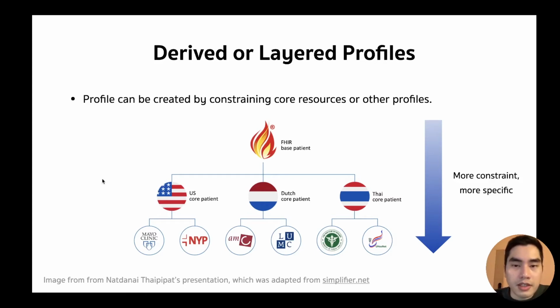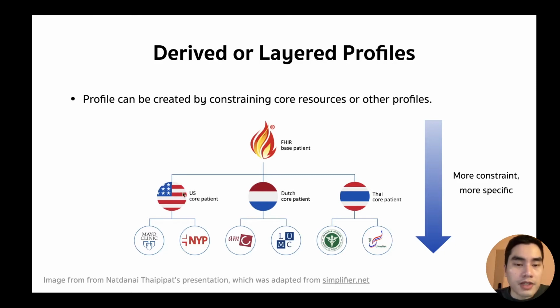So in each country, there might be an organization that is responsible for creating a national profile in that country. They may constrain the base profile to be the national profile, like US Core that adds constraints to the base profile and adds some extensions to meet the need of information exchange in the US. And there is a Dutch profile, and in the future maybe we will have a Thai Core profile.